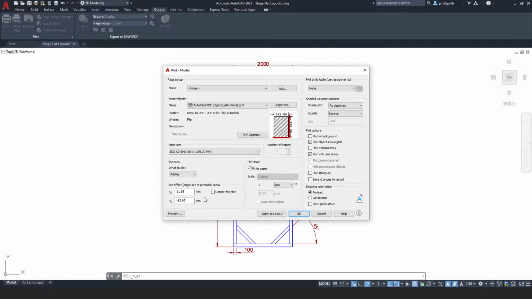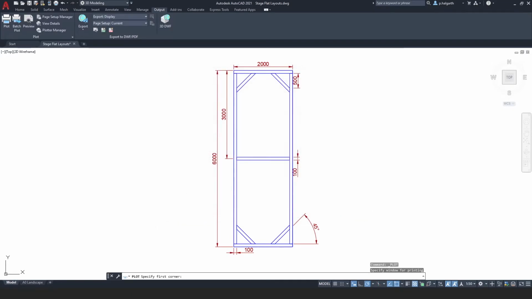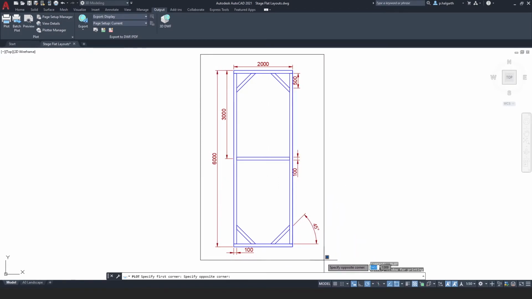Next we need to choose a plot area, and AutoCAD gives us four options. We can either choose to print the display, which will print everything that we can see on our monitor here behind the plot dialog box. We can choose extents, which will print everything that we have in our model space. We can choose limits, which would need setting up beforehand, or I always like to choose window, which will allow us to simply draw a rectangle around the part of the drawing that we want to print,